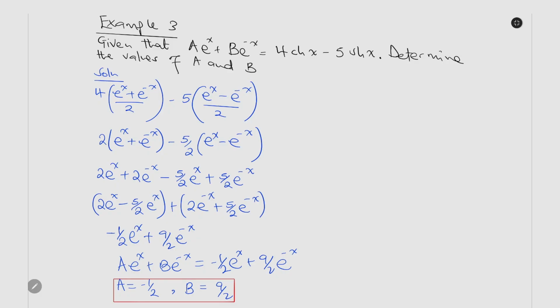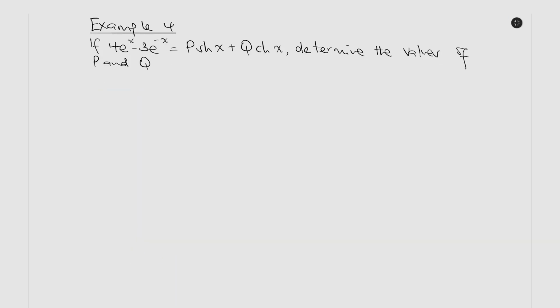This is a very good question. So I want us to do one almost similar to that as our last example, as example 4. So let's get example 4. So here is our example 4. If 4 exponential x minus 3 exponential negative x is equal to p sine x plus q cos x, determine the values of p and q. Again, we start from the right hand side because we can solve for the values of sine and cos. So solution,